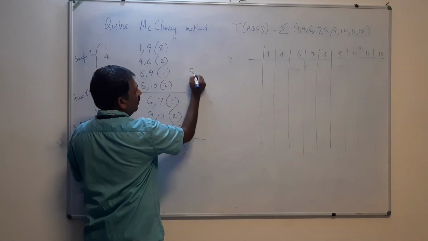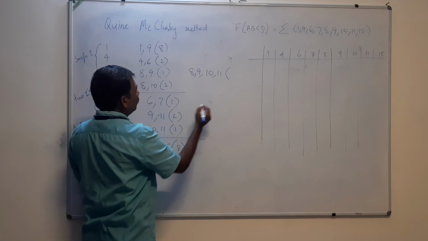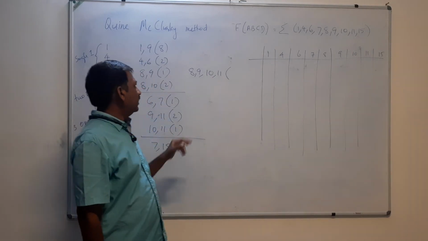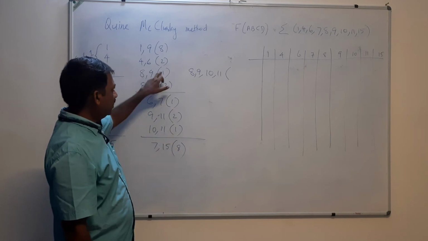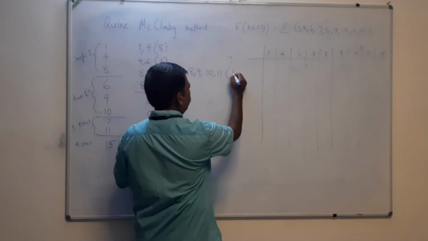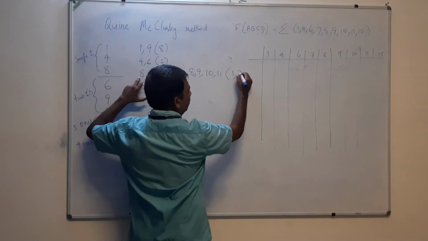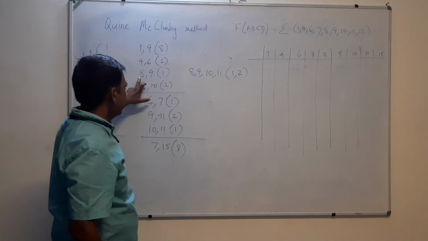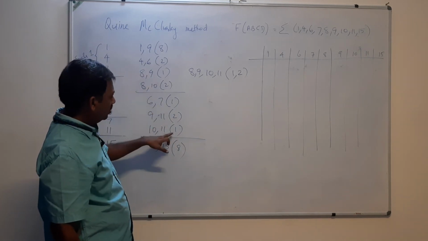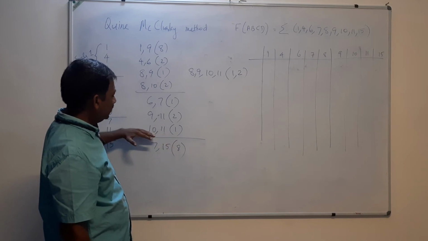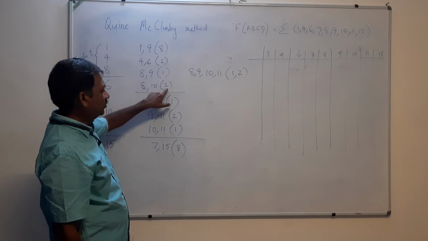8 9, 10 11. You have to write in brackets 10 and 11. Here 8 9 10 11. That means here common is 1. That one you have to write. Now 10 minus 8 you have to write here. 1, 2. Okay. Now there is no more entities here having 1, and now we are going to the next one, 8, 10 and within brackets